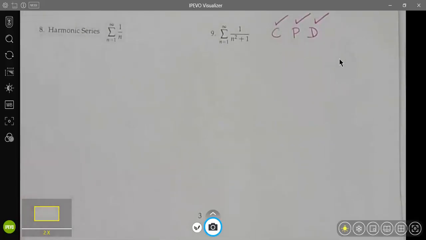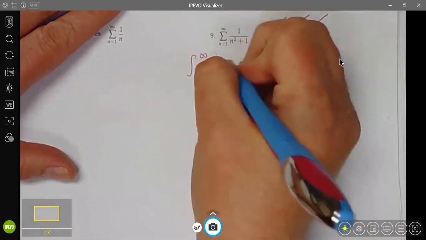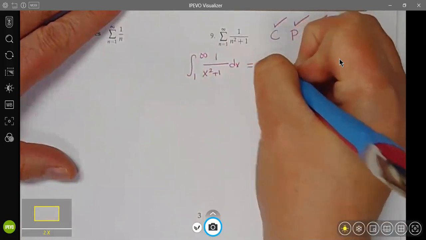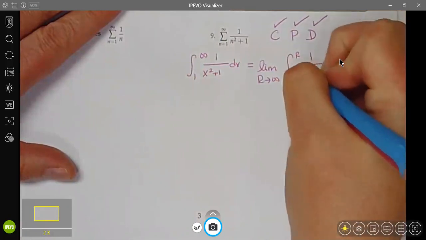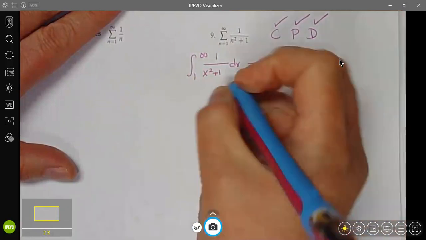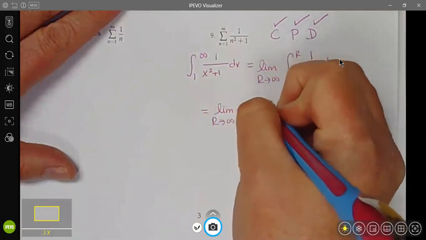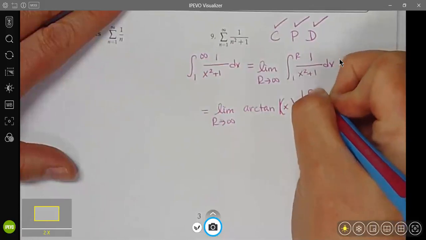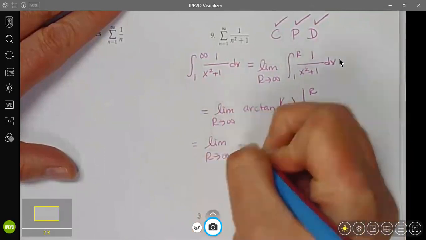The next step is to write this as an improper integral. So the integral from 1 to infinity of 1 over x squared plus 1 dx. We write that with a limit as r goes to infinity of the integral from 1 to r of 1 over x squared plus 1 dx. And that is arctangent. So I get the limit as r goes to infinity of arctan of x evaluated from 1 to r, which is going to give me the limit as r goes to infinity of arctan of r